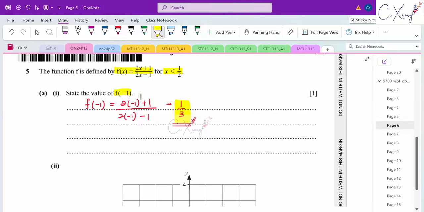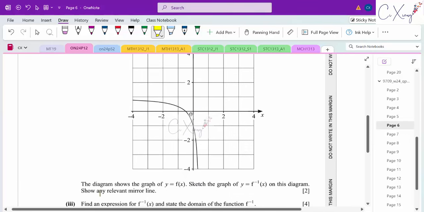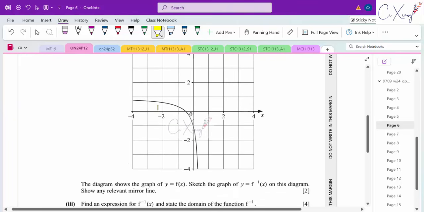Then let's have a look at part 2. Okay, for part 2, they give us a diagram here, and let's see what they want. The diagram shows the graph of y equals f(x). So if they try to sketch this particular graph, this is what they get. And then if you have a look at the domain